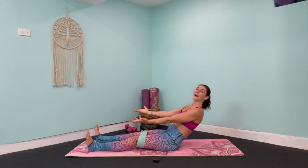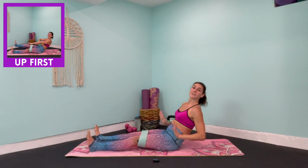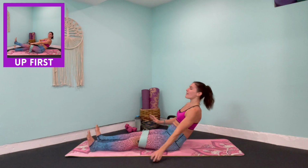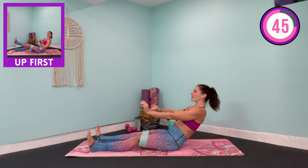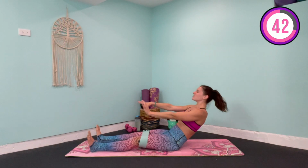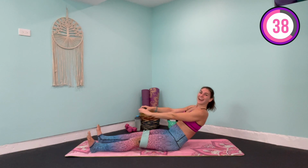So we are gonna start off in a straight leg V-sit position. I want that band around the knees if you have it, and pull some tension out on it. Now flex the feet. We're gonna squeeze the abs in. We're gonna come back to our sitting points, and we're gonna lean back as far as you can without rolling backwards. Beginners, hands behind for support, and we are starting our workout in 3, 2, 1. Now keep those hands forward if you can, and just hold here for the next 5, 4, 3, 2,